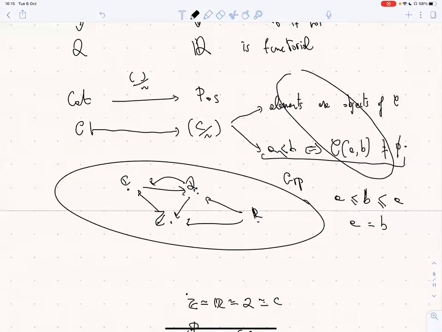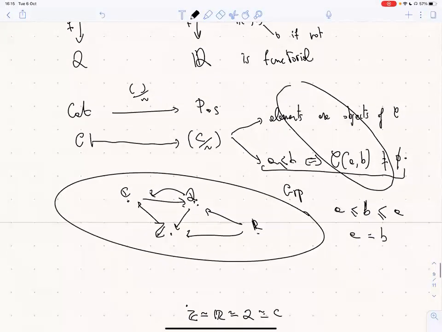Yeah. how is it called? Quasi-ordered set. But if you want it to be set, then